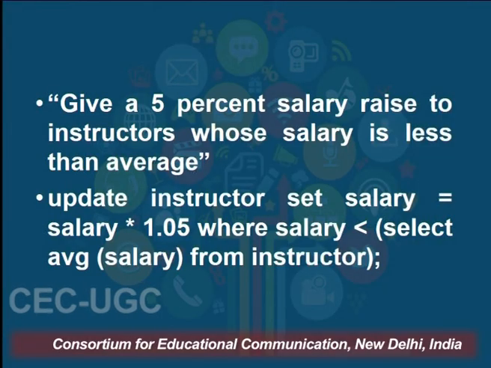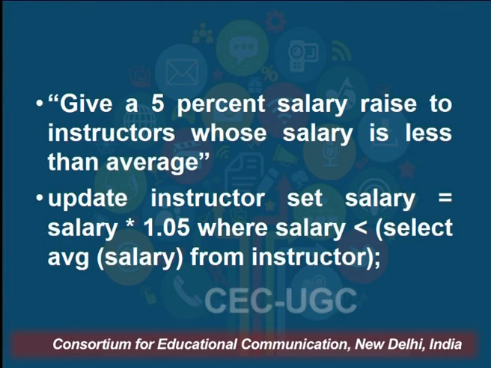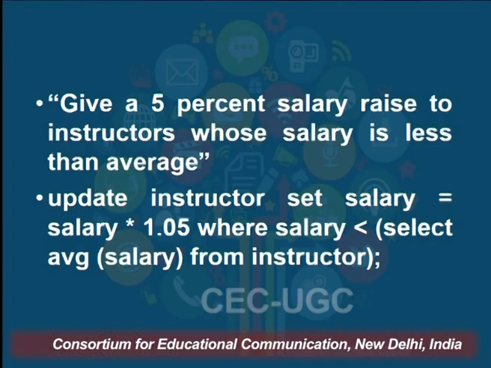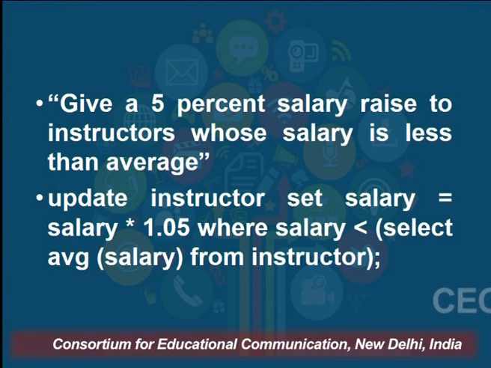Or let us say another criterion says give a 5% salary raise to the instructors whose salary is less than average. Here, first of all, we need to find the average salary, and then apply a set comparison: update instructor set salary equals salary into 1.05 where salary less than, within the brackets, a nested subquery which says select average salary from instructor. Select average salary from instructor is going to give us